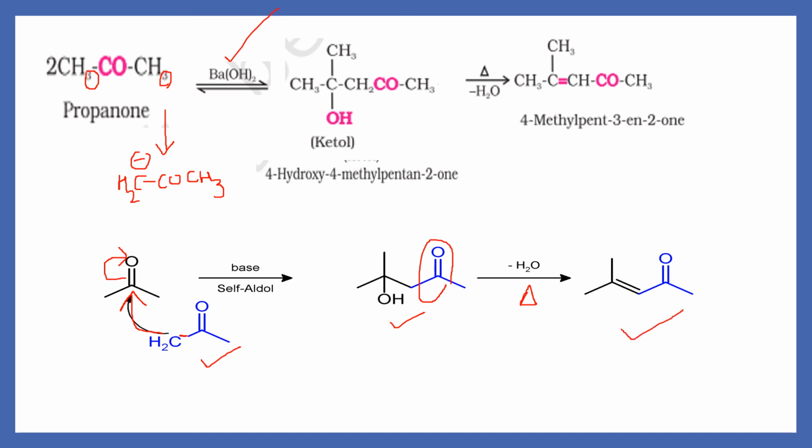This way you can write ketol and aldol formation, and you can explain easily how different products are formed, how different numbers of products are formed if you have starting material having alpha hydrogen, all of them, if it is cross aldol, or just one of them. Still there will be abstraction of acidic hydrogen and the reaction will proceed. So you can write as many examples as you want. The more examples you write, the more proficient you will be in writing these products.